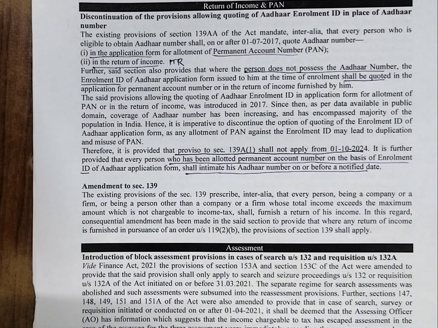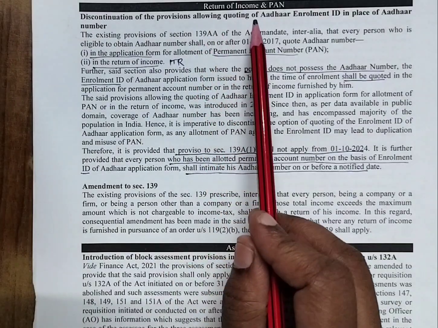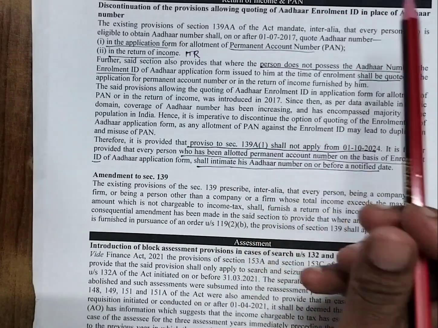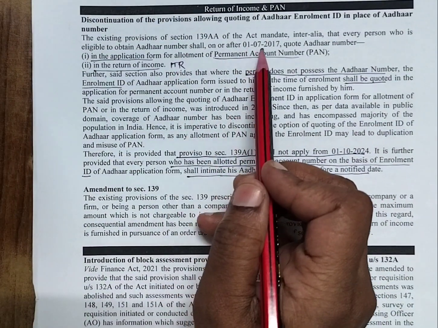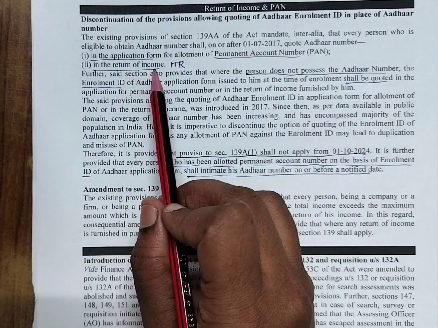In this video, we are going to see the amendments related to return of income and PAN. According to this amendment, the provisions allowing quoting of Aadhaar enrollment ID in the place of Aadhaar number are discontinued. According to Section 139A of the Income Tax Act, an individual eligible to obtain the Aadhaar number must quote it in the PAN application and also in the return of income,